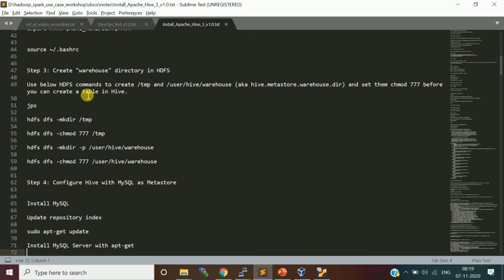So basically why this database directory is needed: the metadata, maybe the hive internal tables and even external tables, will create their own directory structure in this warehouse folder, the user hive warehouse folder. That's the folder actually hive manages. So we need to create the directory before the installation, before using it. Temp directory also it will use. So I'll just create a temp directory first